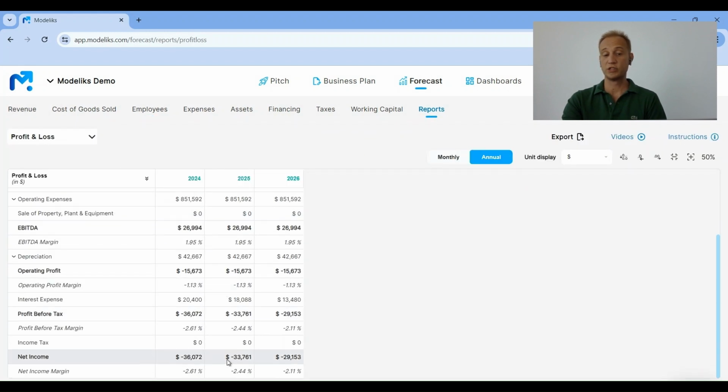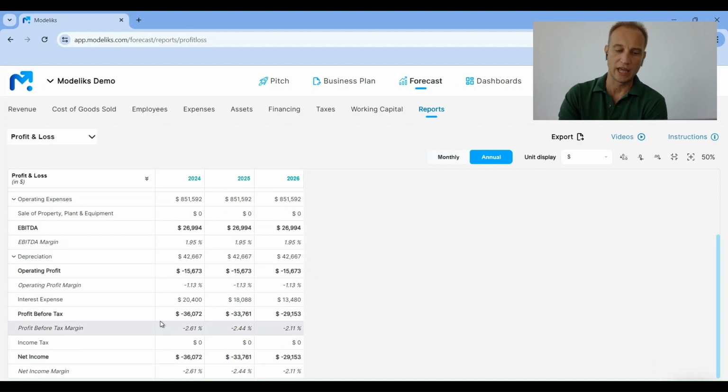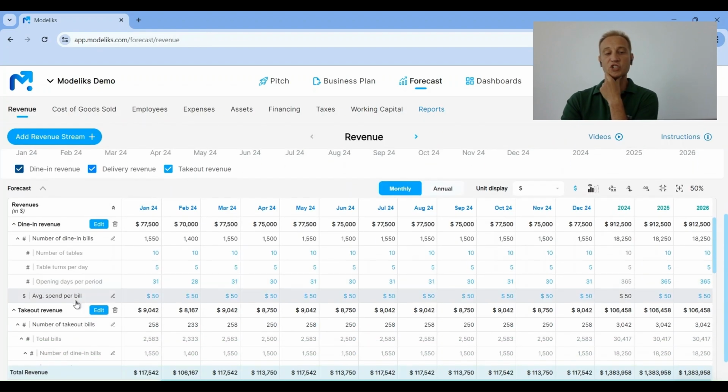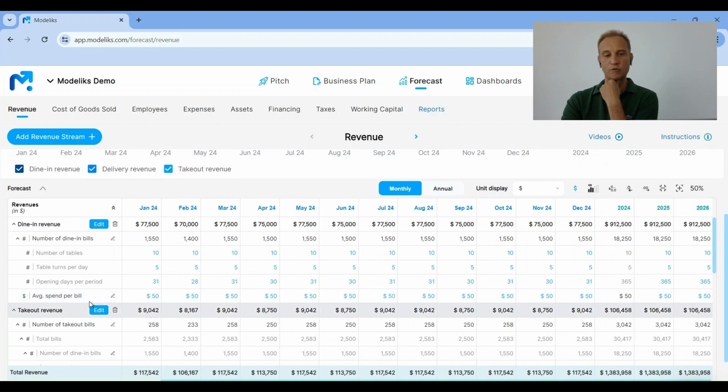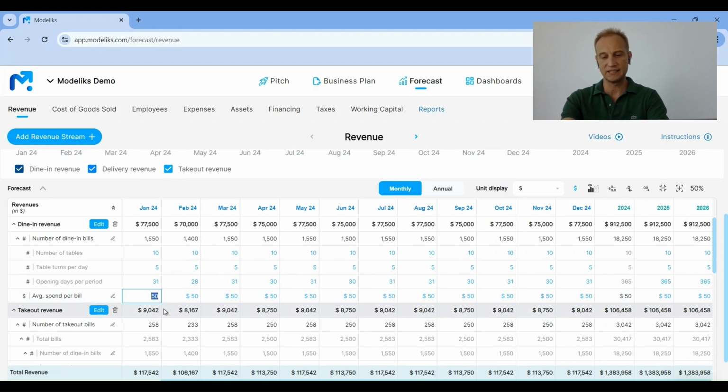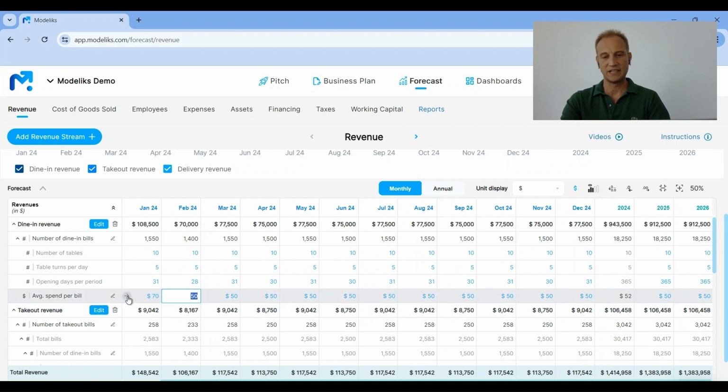Next, go back to reports. We are still loss making from what we can see. Okay, let's go back to revenues one more time. Maybe we were a little bit too conservative with the average spend per bill. We said that clients pay $50 per bill, but maybe this is too conservative, and we'll say that on average, one table pays $70 per bill. Copy paste that all the way to the end,